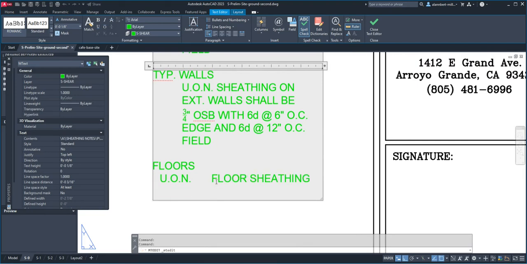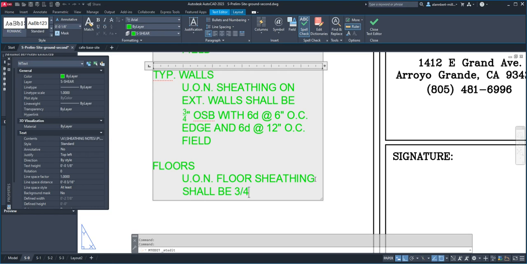Oh, AutoCAD has this. If you're not looking at the screen, AutoCAD will adjust that, and then you just have to click on this one, and then remove the bullets, and then UN floor sheeting tab shall be